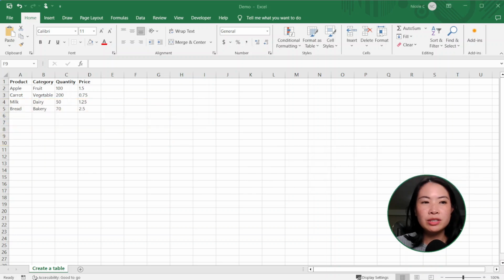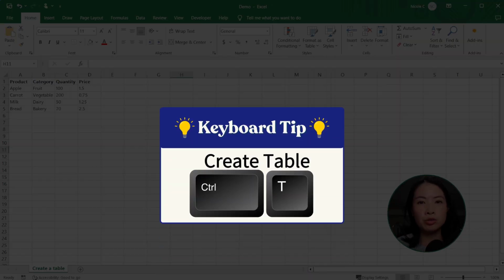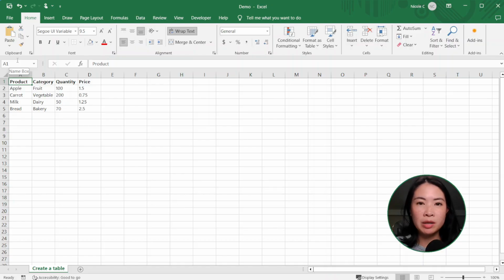Today we're going to go over how to create a nice table in Excel. So first, let's select the data that we want to add to the table. If you want to use your keyboard shortcut here, you can hit Ctrl T. But if you want to add a table manually, all you have to do is select your table,